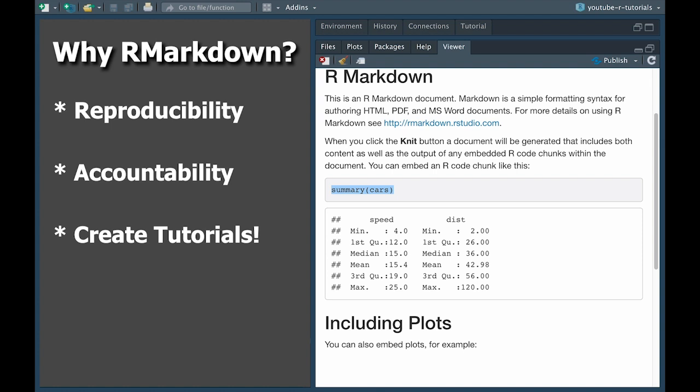And finally, you can use this system to help you learn.